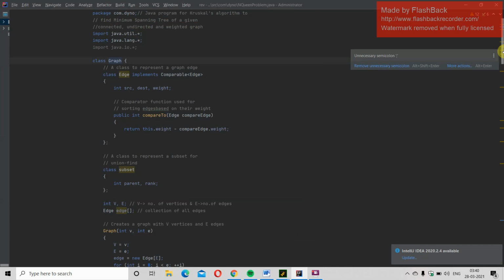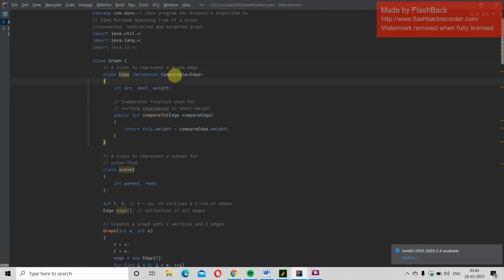This is my program in Java. First import all the library files. Then define a class graph to represent a graph edge. Then define class edge implements comparable edge. Comparator function is used for sorting the edges based on their weight.